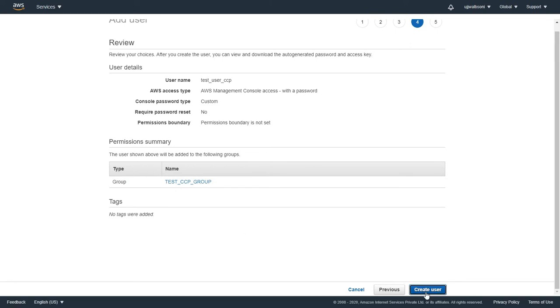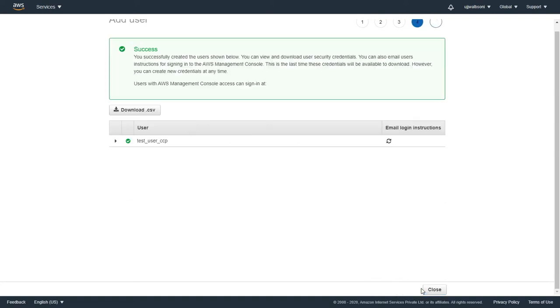I'll go ahead and create the user. So this has added a user, test user CCP. It can also send an email with the login instructions. You can also download the CSV here.